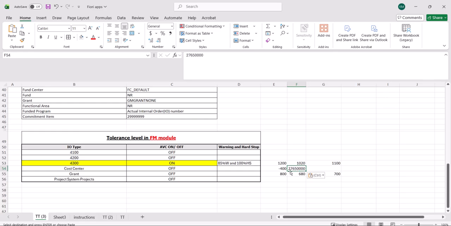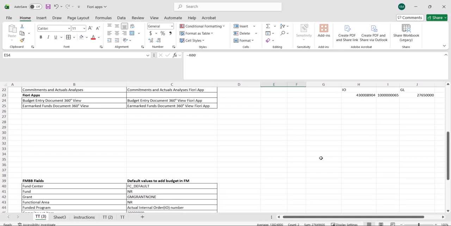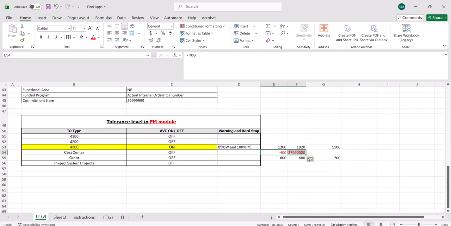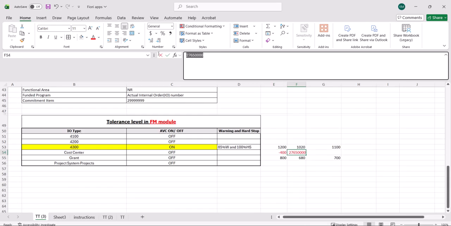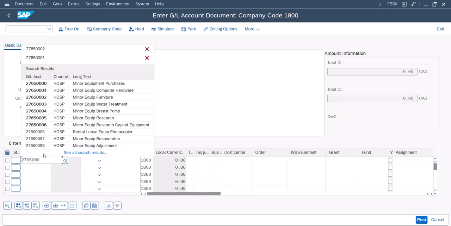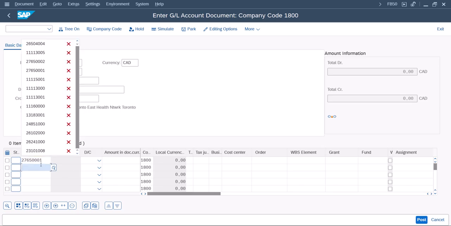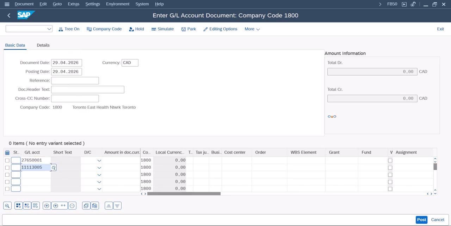But other than this, I'm just using any GL account with IO type any other. So other than this, I will use one and any bank. So debit,